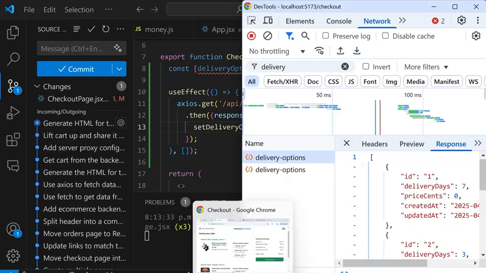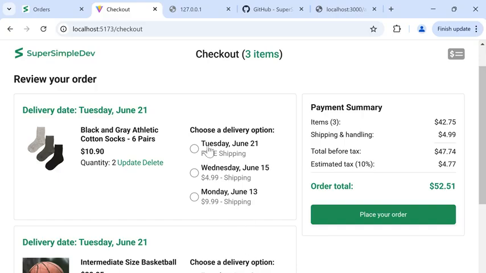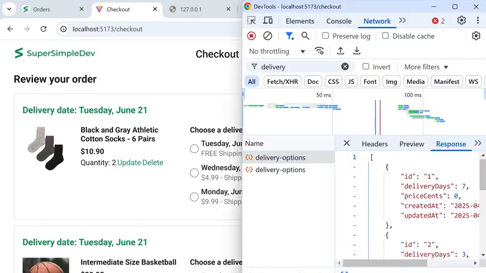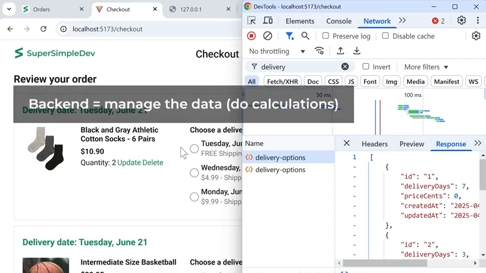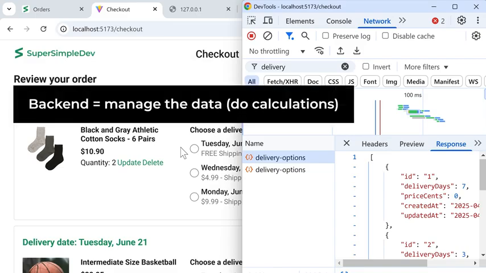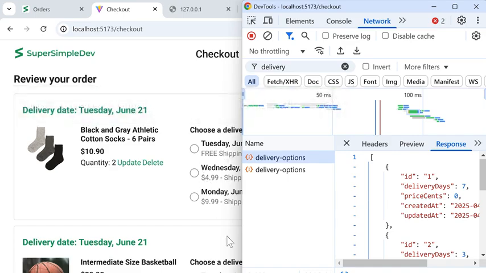However, if we open our website, notice that each delivery option also has an estimated delivery time. So we could use this delivery days to calculate this date on the front end, but remember, it's generally the backend's job to manage the data and do these calculations. So if we go back to our code,